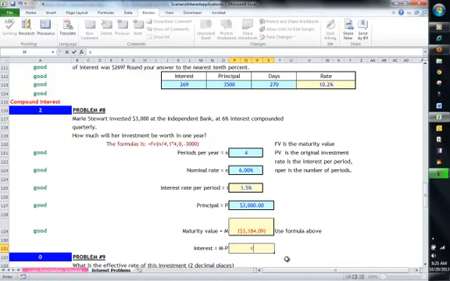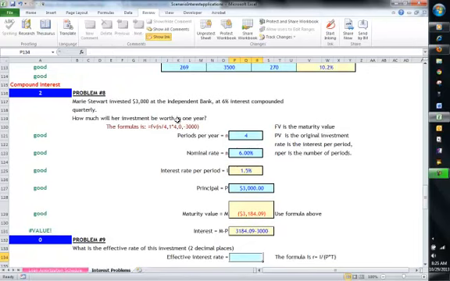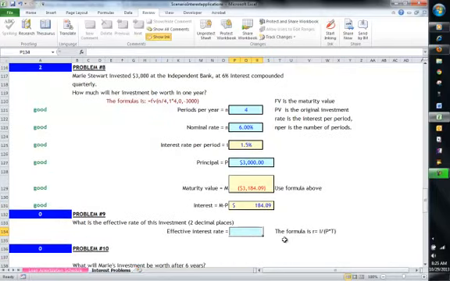Interest is $3,184.09 minus the $3,000 that we invested. Oh, I didn't put in the equal sign. And we get 184.09. The effective rate is the amount of interest, which is $184, divided by the principal times